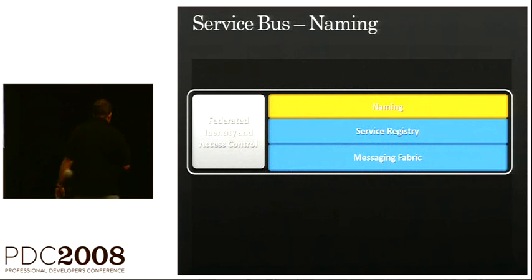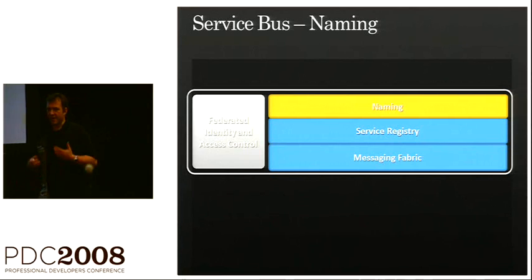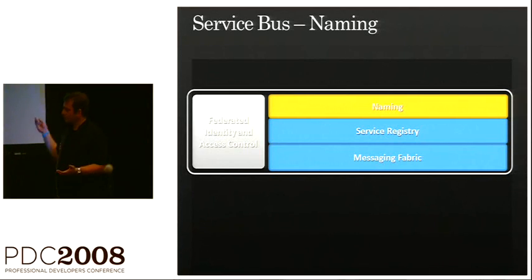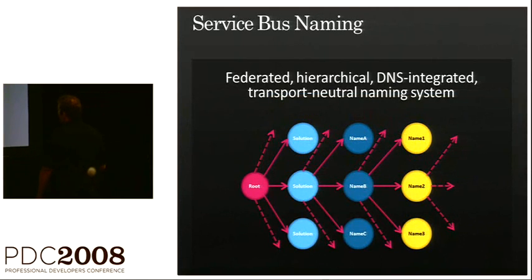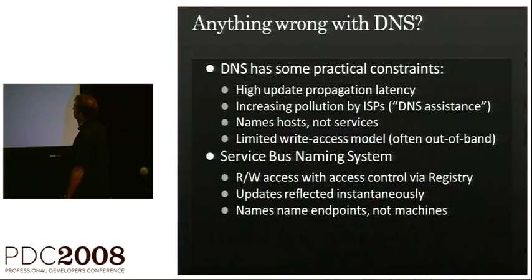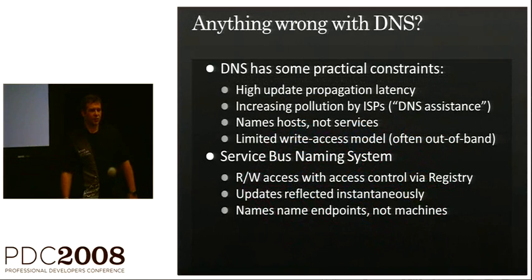So with that, we come to the service bus. The service bus gives us those capabilities that we're missing. So let's start with dynamic IP and dynamic DNS. We need to have a way to name services. And when I say services, I mean an entity that responds to messages and can send messages back. How do we name those things? Now, is there anything broken with DNS, really? No, DNS is actually working pretty well.